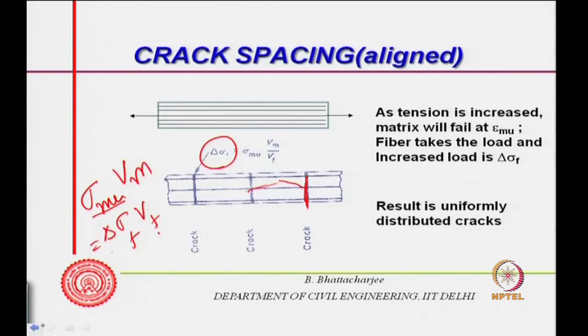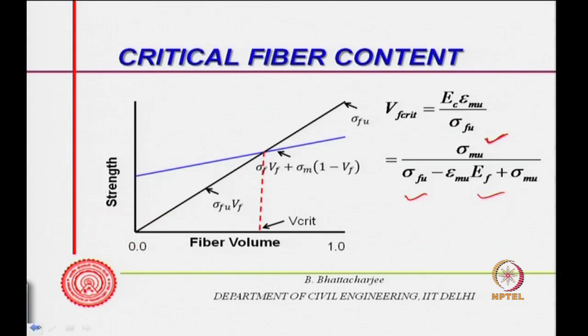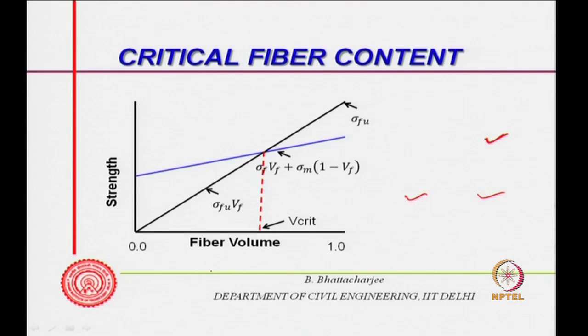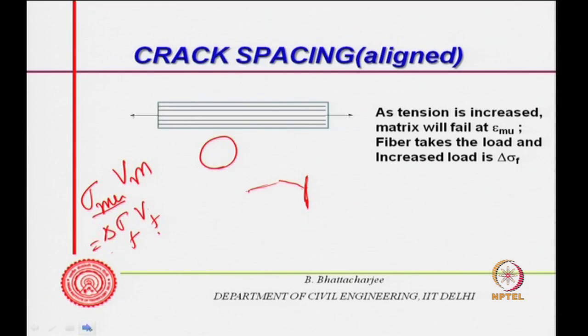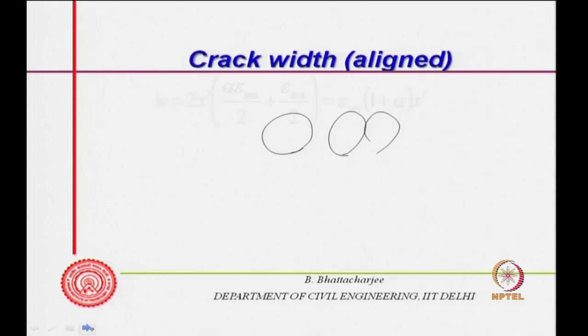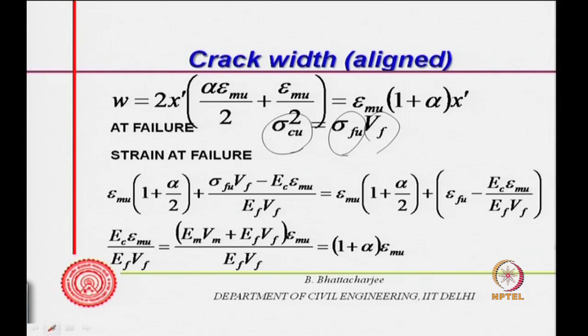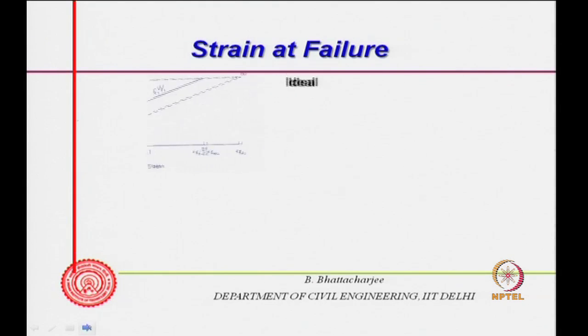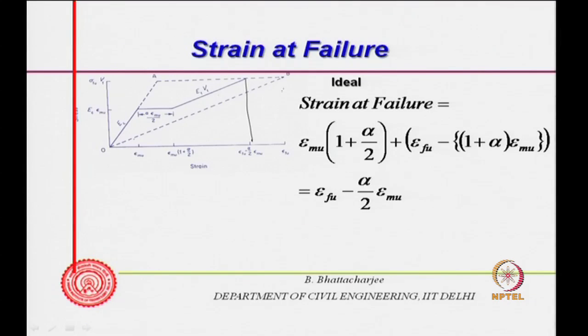At failure it will be sigma fu into Vf, that would be the sigma Vf at ultimate failure, which would occur if the fiber is failing alone. So, if it is failing alone, it will be sigma fu Vf finally at failure. Of course, one can find out what the strain at failure will be, because it will be less than sigma fu; this diagram will make it clear. Failure would have been here,